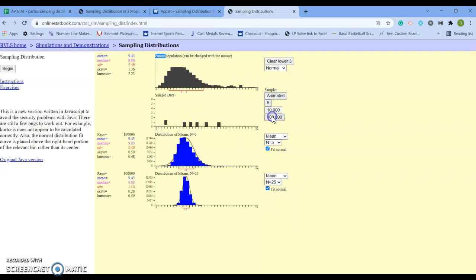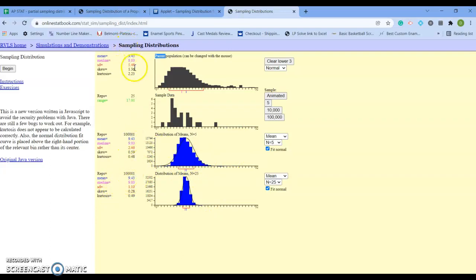Oops, I don't want to animate that. I'd rather just see 100,000 of them. And we can see how we get closer and closer to normal as sample size increases. So you can play around with this to get an idea of how these things change, how the mean, notice